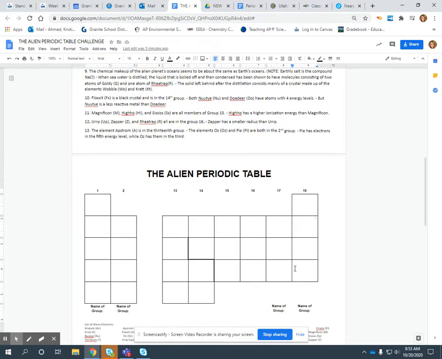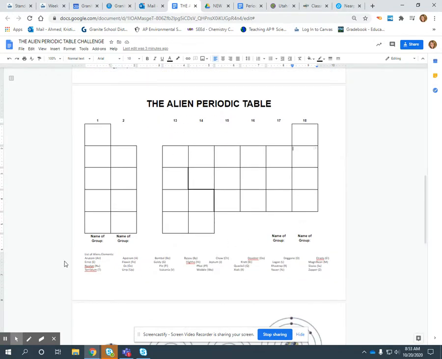So you should have 4 names and 4 symbols in this space, okay? There's a list here at the bottom if you want to use that to cross it off, if that helps you. But you should be able to, based on what we've talked about in this video, fill in this column, the noble gases of the periodic table. So that's the first step, to fill in all of these elements with their names and symbols, to type in the name here for group 1, to type in the name of group 2, to type in the name of group 17, and to type in the name of group 18, and then to color coordinate